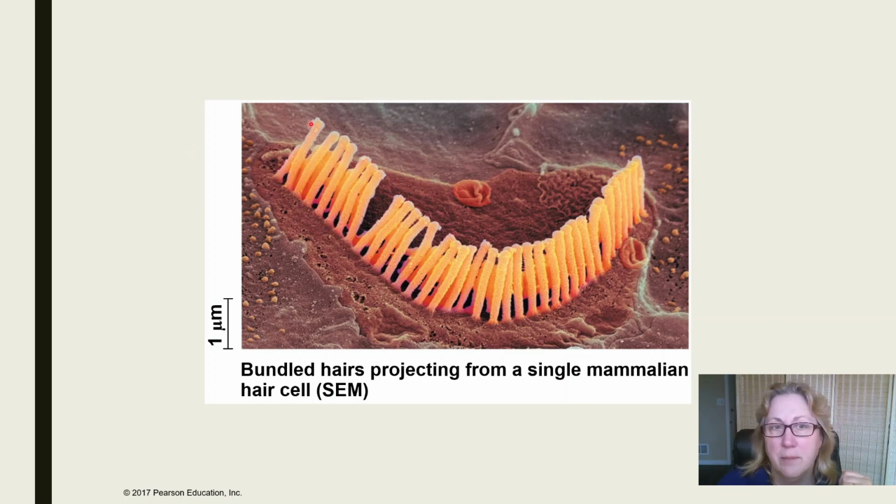So these are not microvilli, because microvilli have actin filaments inside. Cilia have microtubules inside of them, although they can look really similar under an electron microscope. And these are non-motile cilia because they can't move like the cilia in the fallopian tubes or in your lungs, for example. These cilia are non-motile, but they get moved by bumping up against that membrane when sound bends the